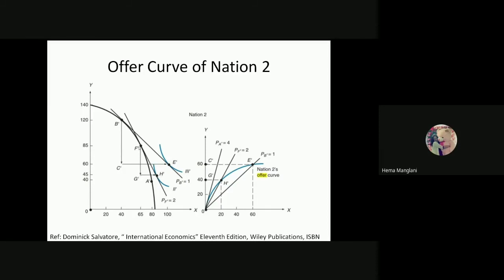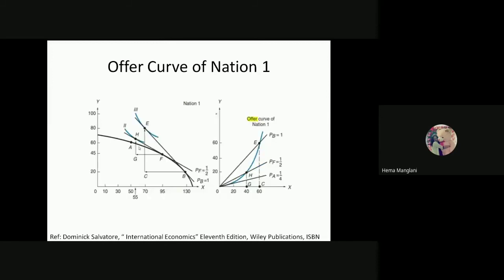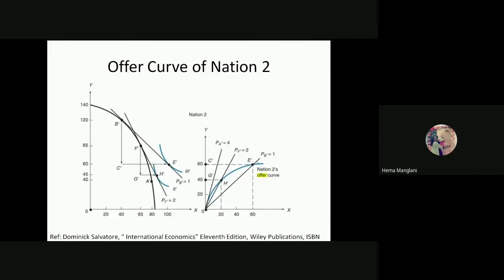Now, where both of the countries would intersect with each other, their terms of trade would be similar. So if I say this point E is where country one is arriving, then country two also has to arrive at this particular point to intersect equally. It means both exchange rates are equal to 1. So whatever X is being exchanged for Y is the same in proportion for both of the countries.